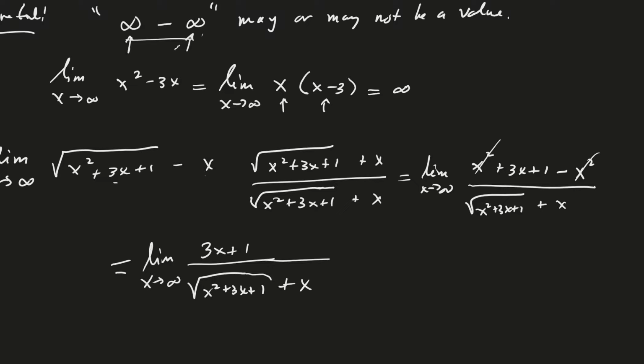Okay, now the last thing we left off on in the last video was to divide the numerator and denominator by the highest power of x. So if you look at this expression, what is the highest power of x? Well, remember that this is the square root of x squared, so that's not really x squared. It is just x to the 1 power, and so let's divide the numerator and denominator by x,